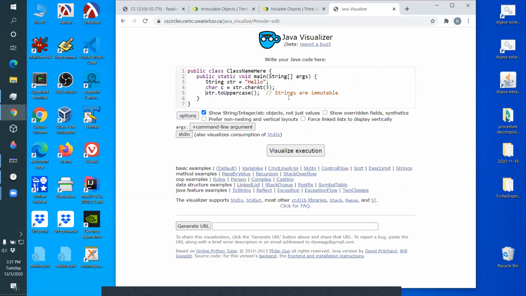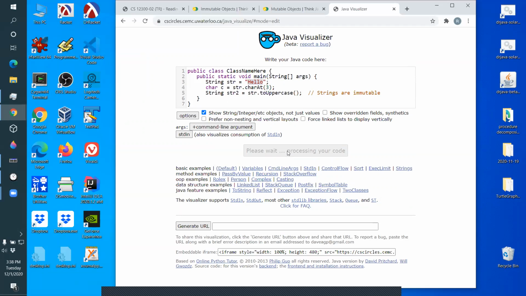What this does is create a new string, and it gives us back a reference to the new string, which we store in a variable. So this method makes a copy of this object, changes the letters in the copy to be capital H, E, L, L, O, and then gives us back a reference to the copy, which we store. Okay, and if we visualize it,